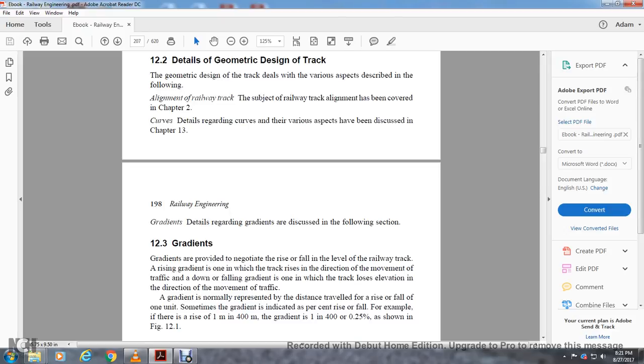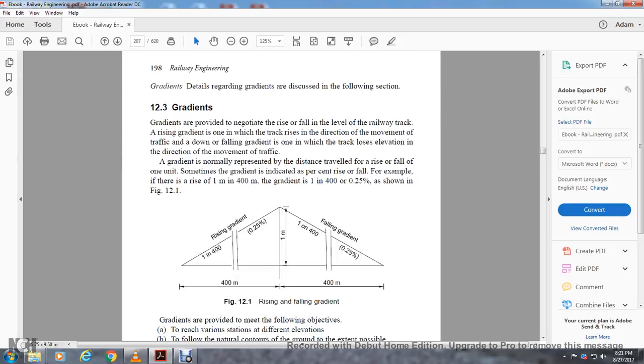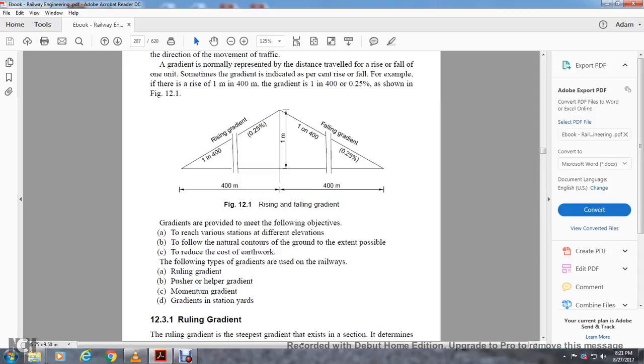The gradient is normally represented by the distance traveled for a rise or fall of one unit, or sometimes as a percent rise or fall. For example, if there is a rise of 1 meter in 400 meters, the gradient is 1 in 400, or 0.25 percent, as shown in Figure 12.1. Gradients are provided to meet the following objectives: to connect various stations of different elevation,